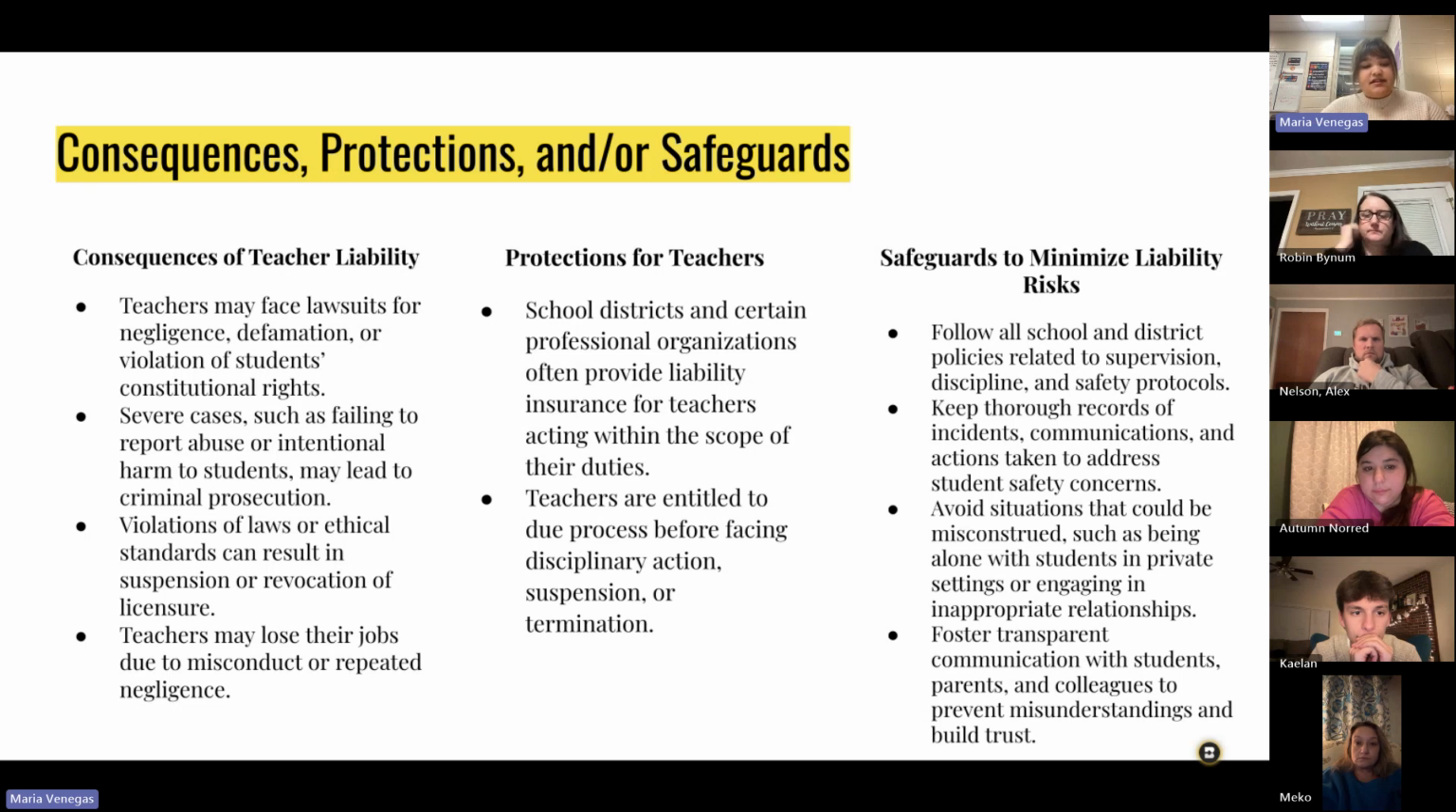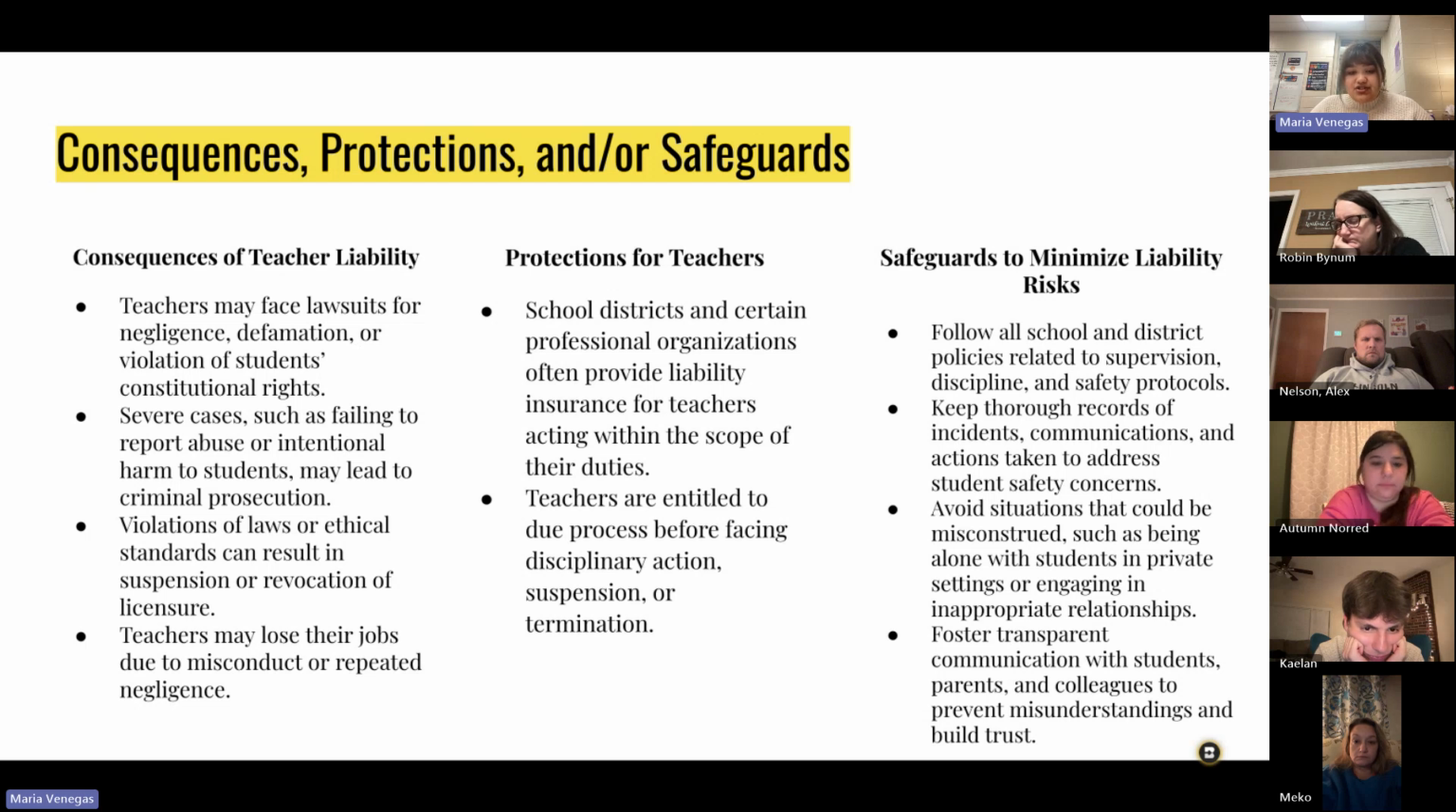So, some safeguards that go along with this. Teachers face serious consequences for liability, including lawsuits, criminal charges, license suspension, or job loss for misconduct or neglect. However, protection exists. Liability insurance is often provided by